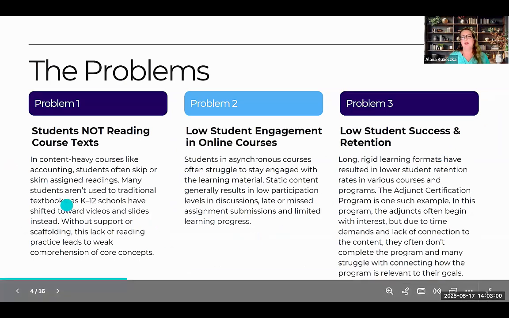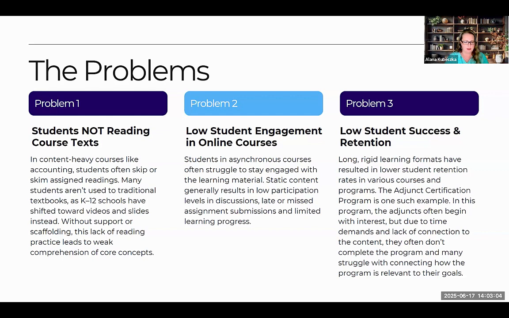All right. So first of all, the main problems when we were doing the needs assessment, and the reason that one professor came to me, was that we found that students just weren't reading course texts.